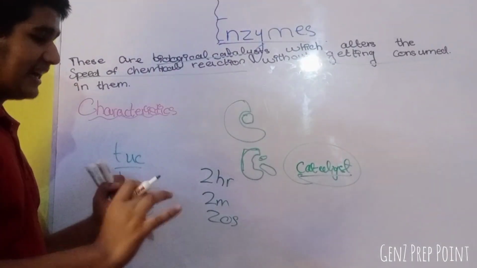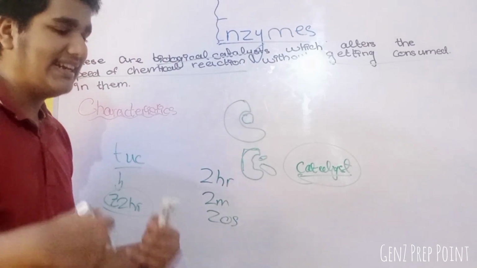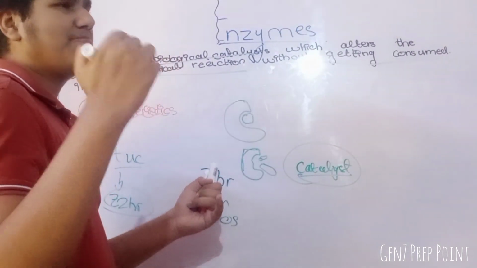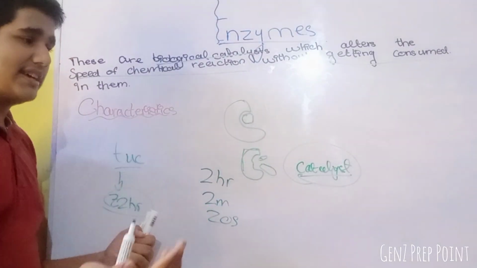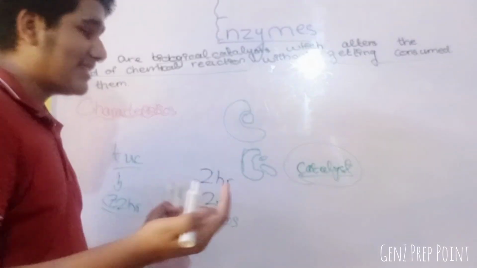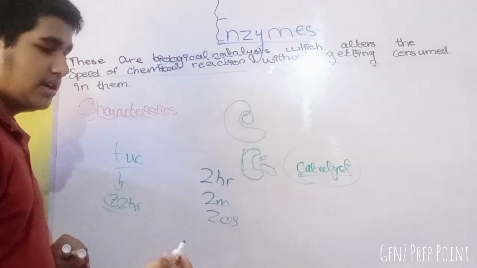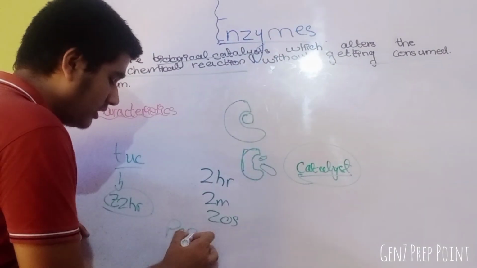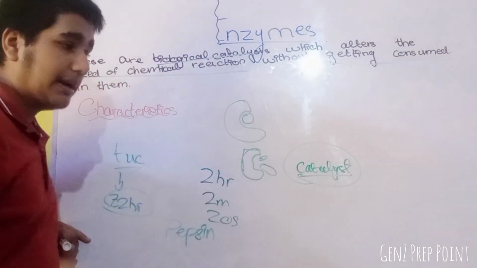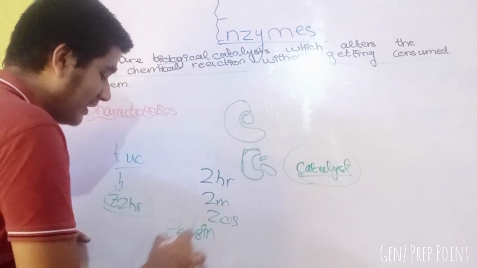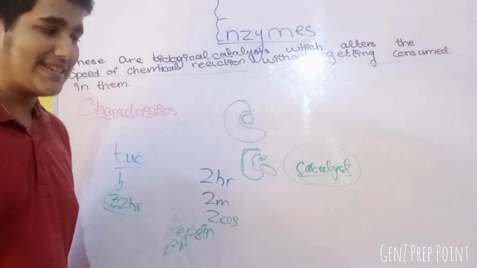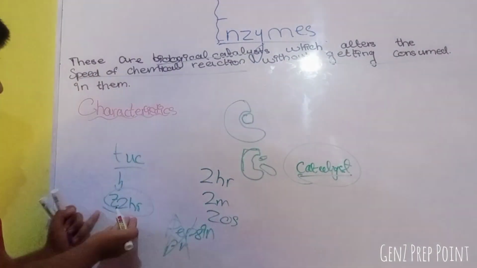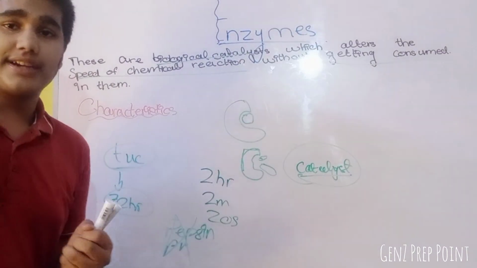I can accept that the body can survive and digest the protein, the carbohydrates, the lipids by, you can say, hydrolysis, heat, stomach acid. What about stomach acid? Stomach acid contains pepsin which digests the protein, protease, trypsin. If these are not present in the stomach acid, how can the stomach digest? It can digest, but it is going to take 72 hours to digest just a single tub biscuit.